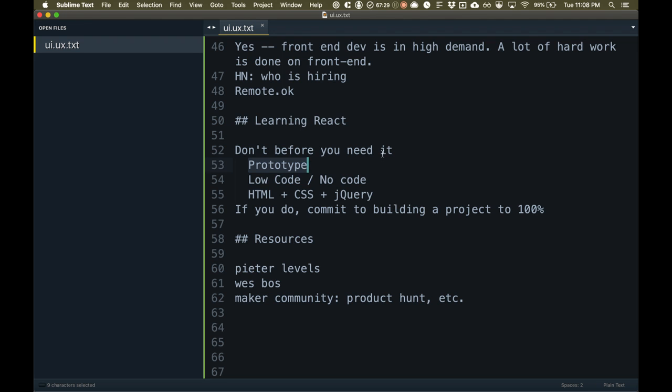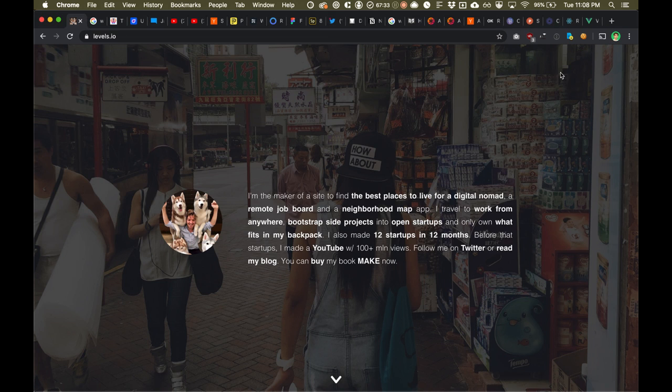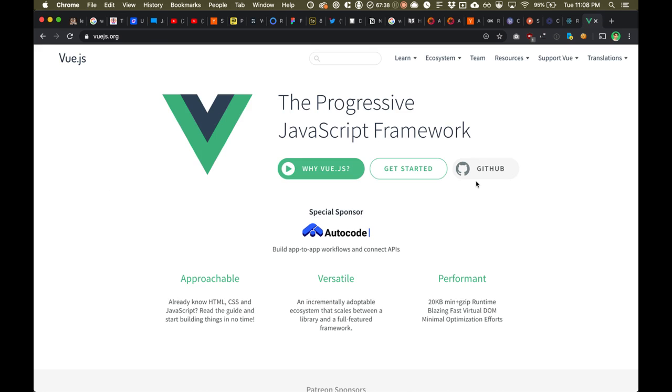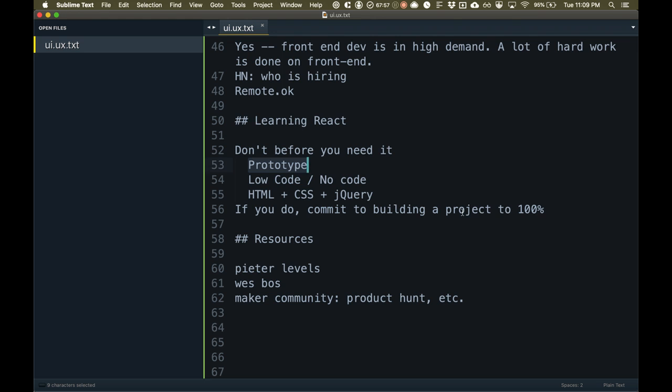Do what works. Obviously, if you want to get hired at a big startup right away, you probably want to learn React quickly. You probably want to learn Vue.js quickly. But in my opinion, that's not going to be where the most value for you is going to be. If you're trying to be a UX or UI designer, you want to focus on the user. You want to focus on getting feedback from them. You want to focus on looking at them using your web apps, and you want to focus on communicating value and doing good copywriting.